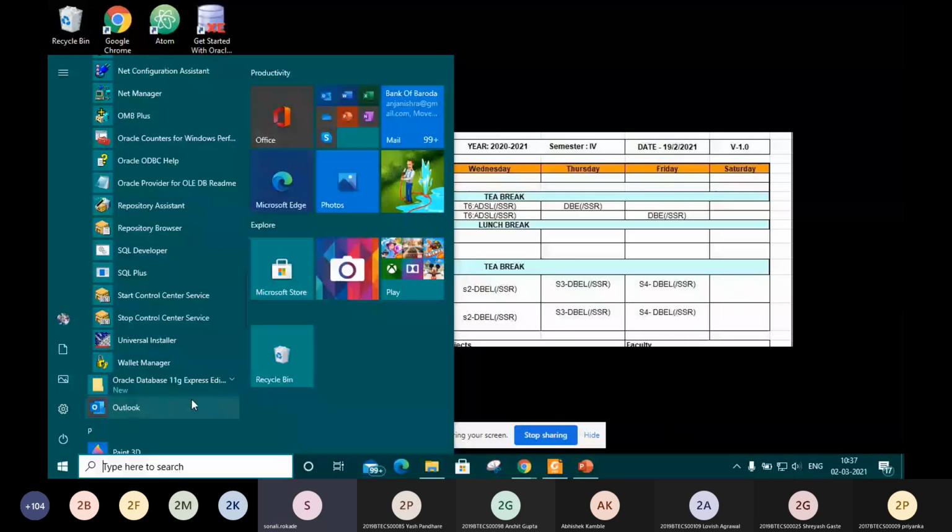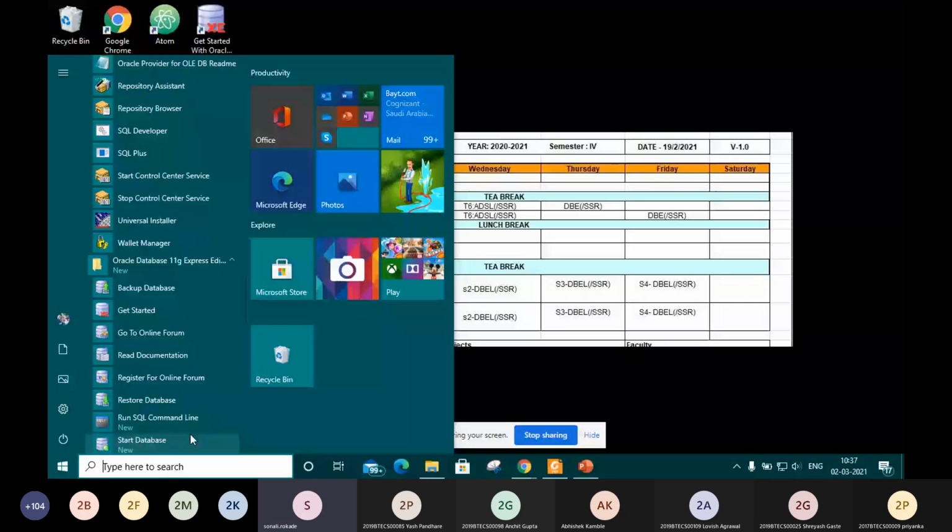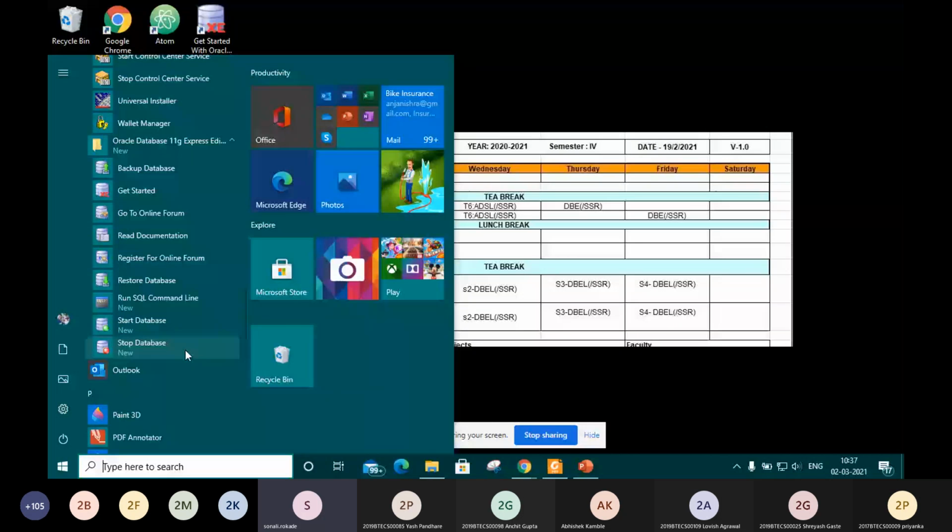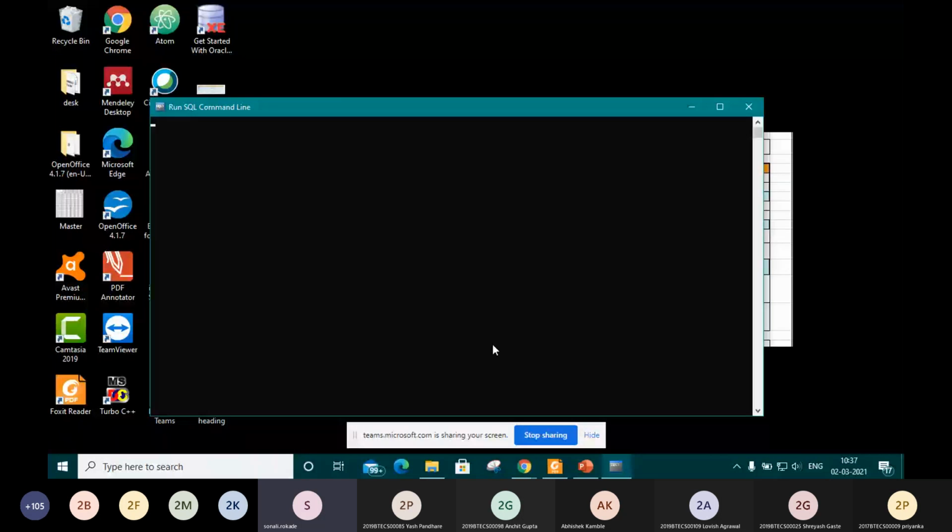Here is the start database, and stop database is used when you perform programming. At that time it will be required. But right now initially we have to work on this SQL command line. If you run this SQL command line, you will get this kind of window on your screen. After that, you have to type connect.